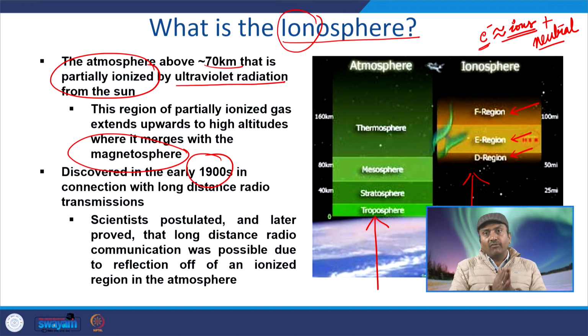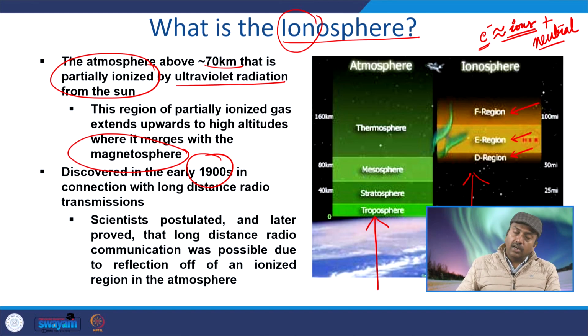So if they are far apart, if they are within the curvature of the Earth, you can achieve communication. But if they are beyond the curvature of the Earth, then direct radio wave communication, or line of sight communication, is not possible. But then in the very early 1900s, radio wave communication was achieved far beyond the line of sight distance, and people